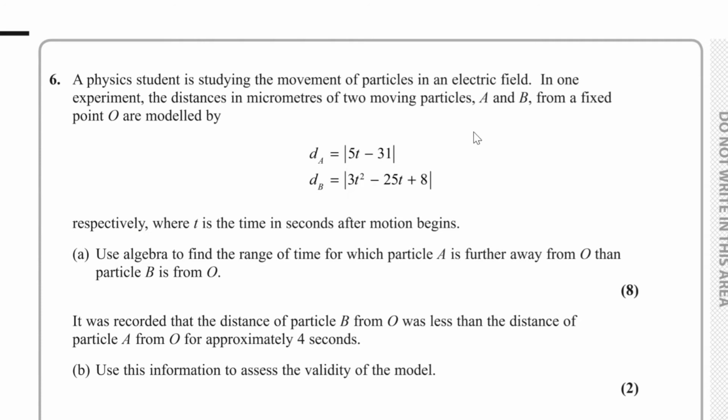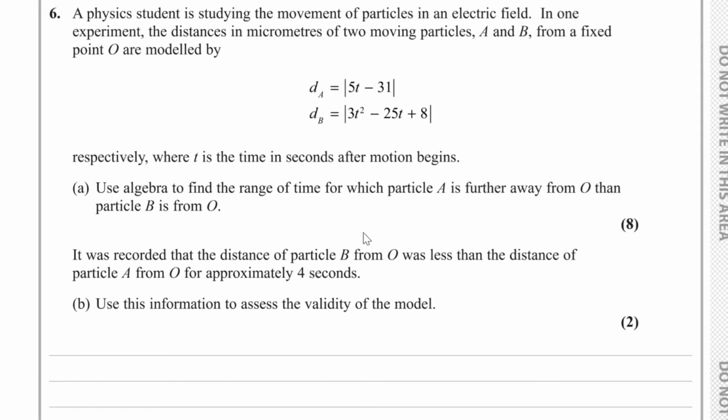And t over here is the time in seconds after motion begins. And for part A, we have to use algebra to find the range of time for which particle A is further away from O than particle B is from O. Well, over here, we are solving the inequality mod of 3t squared minus 25t plus 8 being less than the mod of 5t